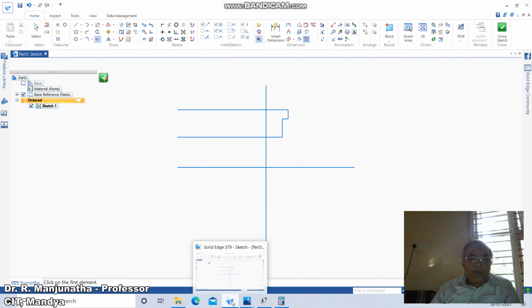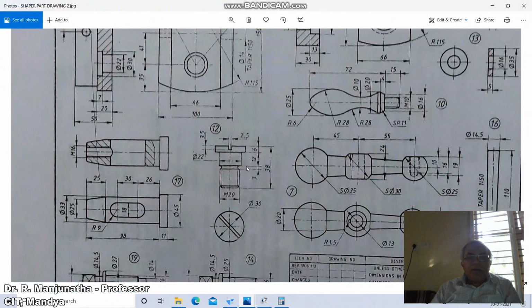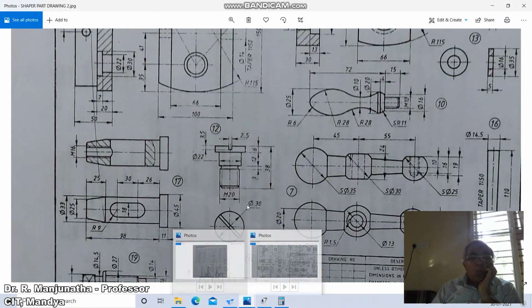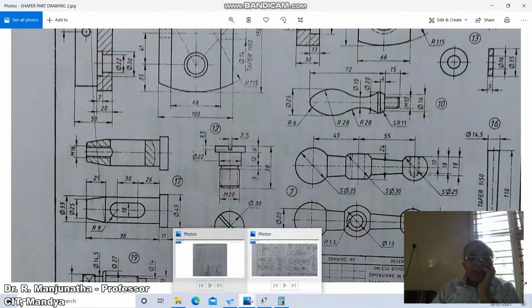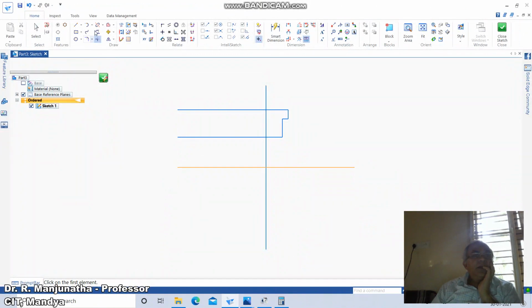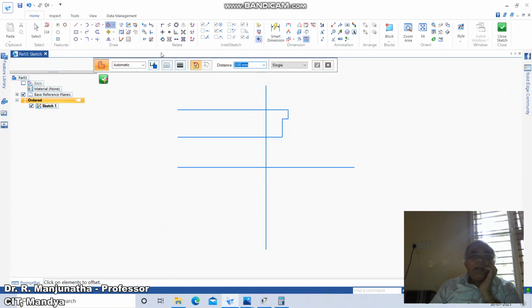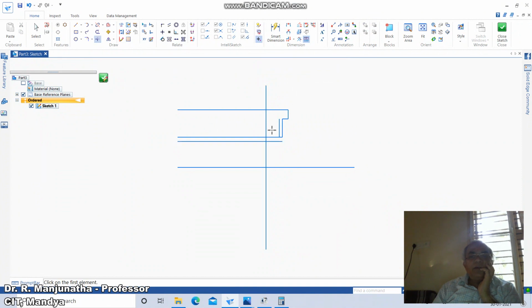Then there is a gap of 3 mm and you reduce that by 1 mm. This is 22, 1 mm, 20. So you just reduce by 2 mm. So that you are going to get offset. Offset, take the distance as 3 and then from here you take this distance as 3 and then from here you take the distance as 2 and you just go to trim corner between these two.